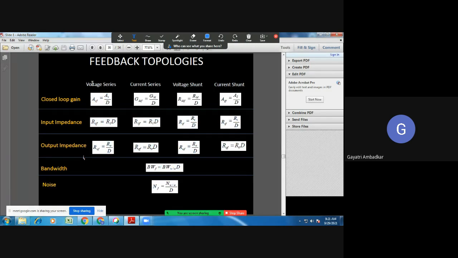The first letter belongs to the output of the amplifier, so when voltage is sampled, connections are in shunt. Therefore, output impedance is about to decrease. So see here, ROF is decreasing. RO is getting divided by factor D. Okay. When mixing is series, input resistance is about to increase. So you see RIF is RI into D. Similarly, same is applicable here. Wherever you find voltage,